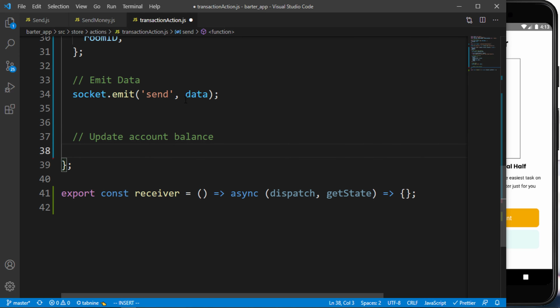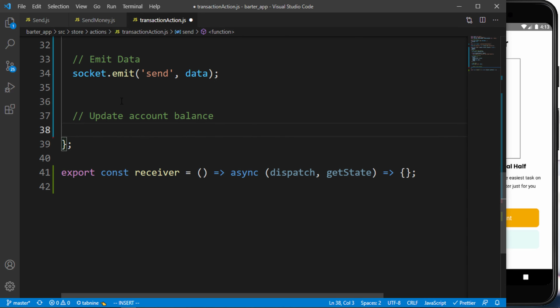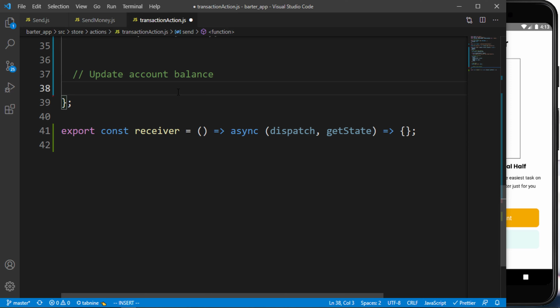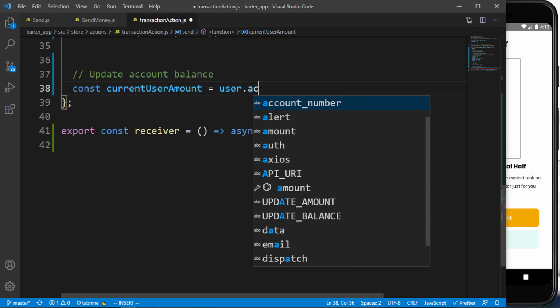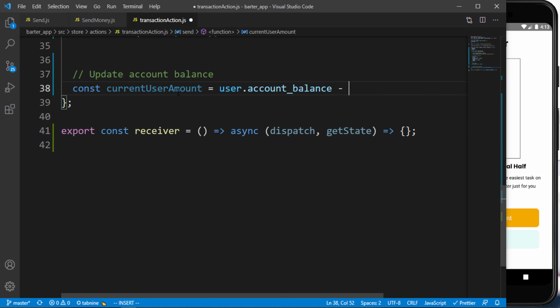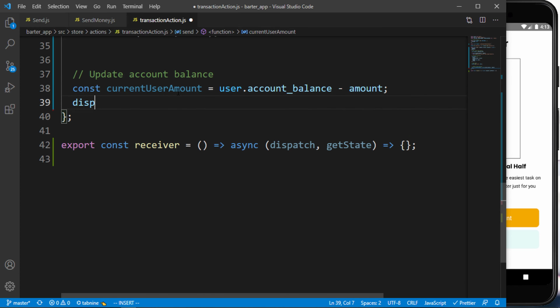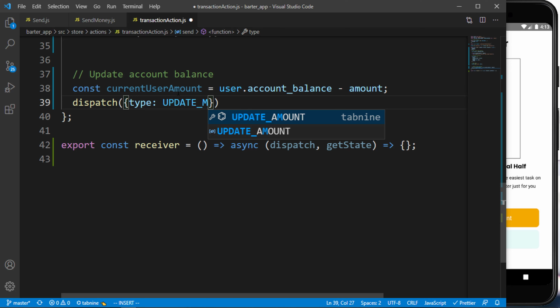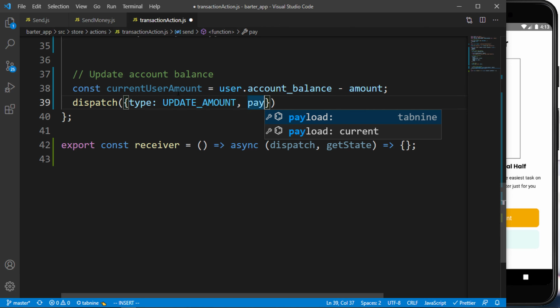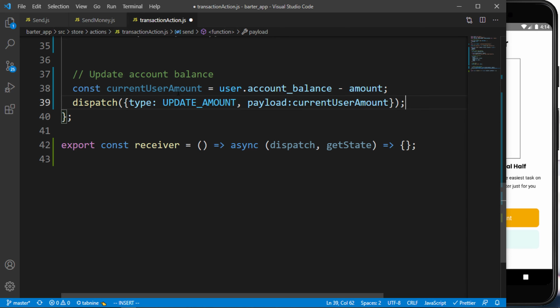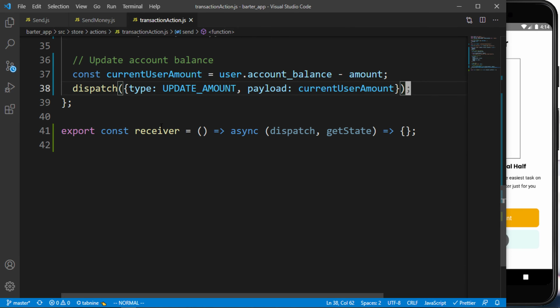So we are here to go to the transaction reducer. I think we already have it. We are not using the transaction reducer. I think we are using the users reducer. Yeah. So here I now have to update the current user amount, which is the user account balance minus the amount the user is sending. Then I can now dispatch a type of update amount, with the payload of current user amount. So let's go ahead and save,